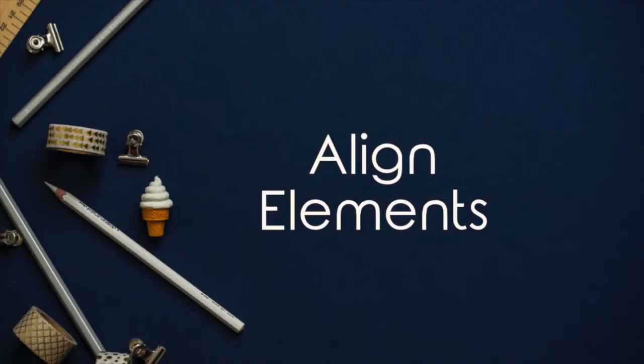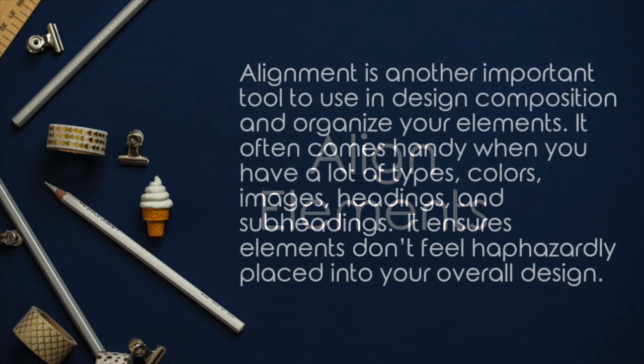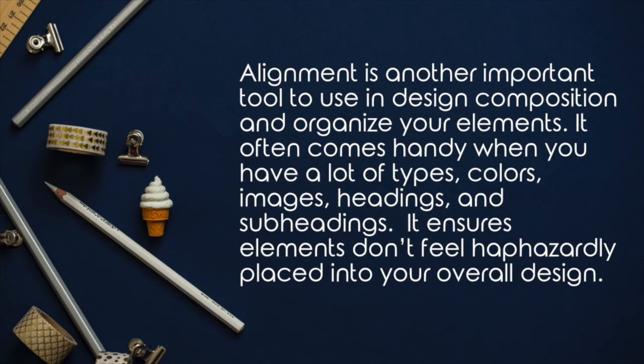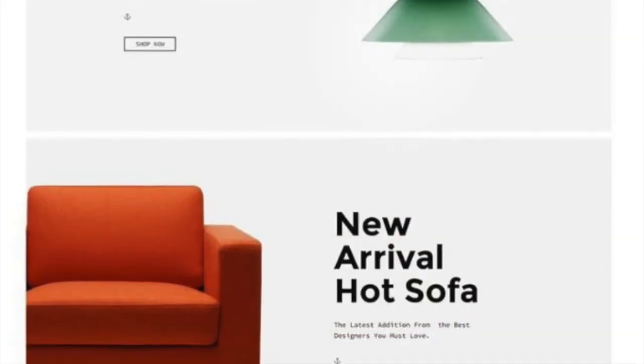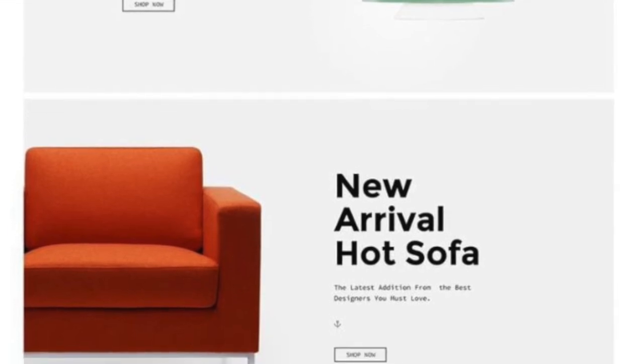The next tip I want you to keep in mind is aligning your elements. Alignment is a very important tool to use in design composition, especially when it comes to organizing your elements. It often comes in handy when you have a lot of different types, colors, images, headings, and subheadings. There are many tools that you can use. Specifically, we're going to be using the Align tools in Affinity Publisher, and these can actually help you to snap